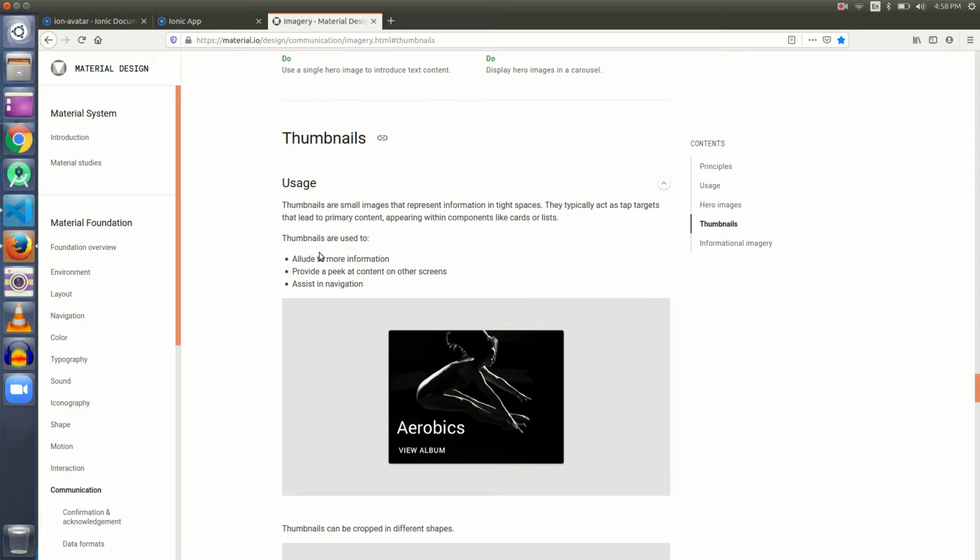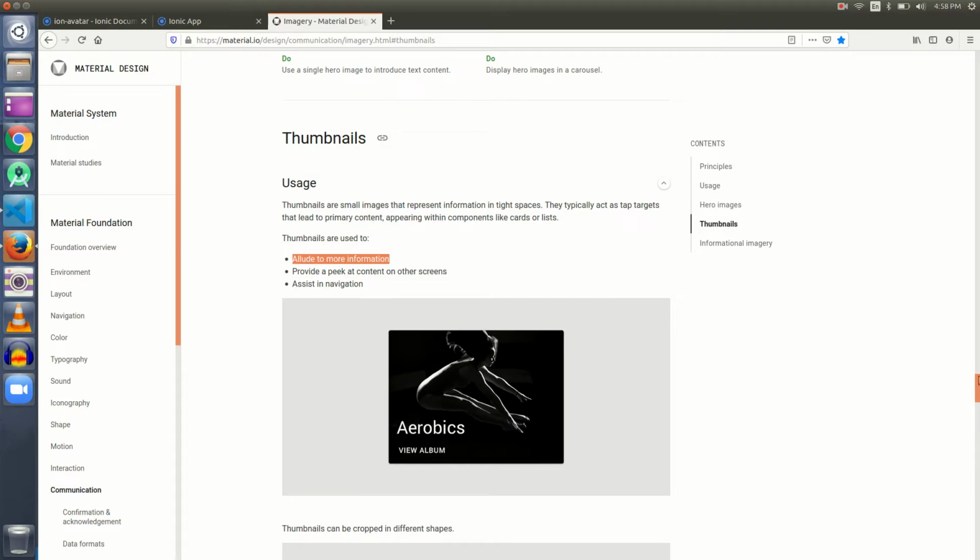See, here it is written: allude to more information, provide a peek at content on other screens, and assist in navigation. So whenever we are designing our application and we want the user to be taken to a bigger screen on tapping on a small image, then that image must be put there with the help of Ion thumbnail.